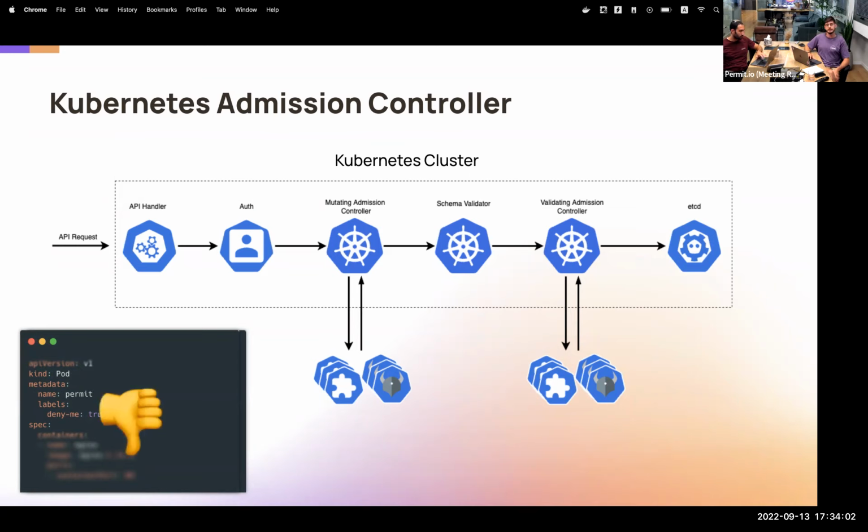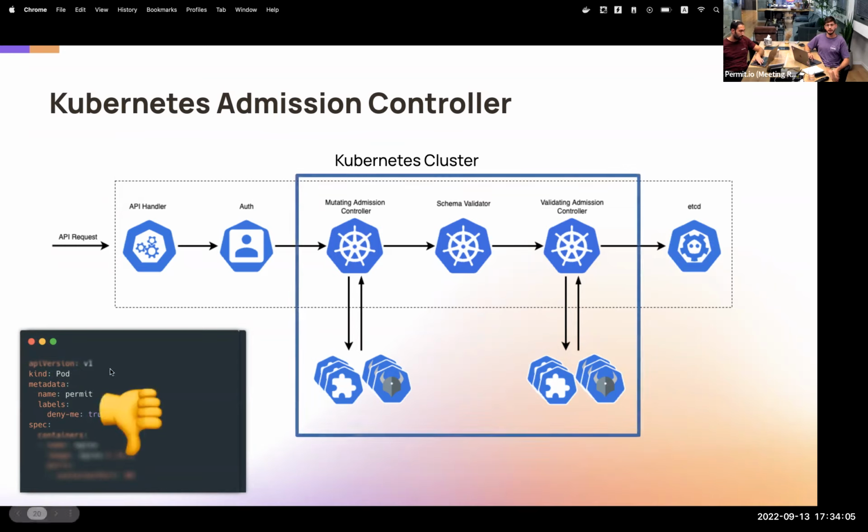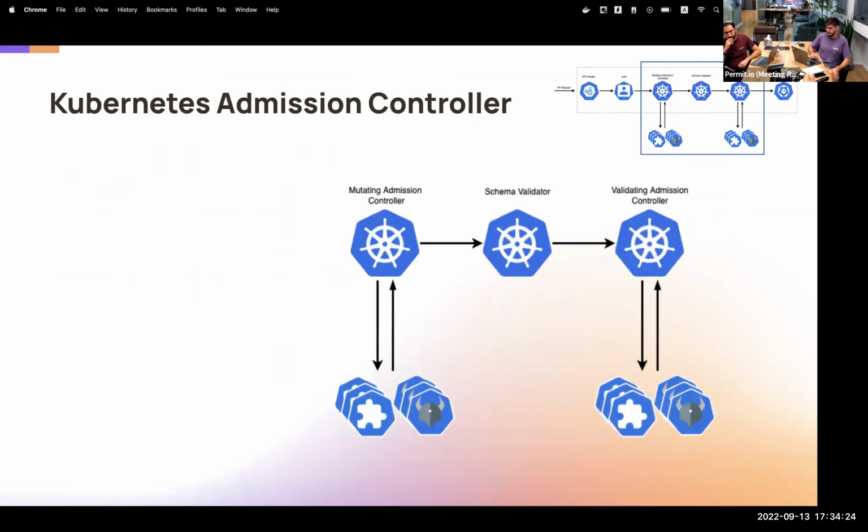In order to do this, we have many options, and we need to choose whether to use a mutating webhook or a validating webhook, and we can also choose both. We can actually use both, and I will show how in a minute. And the way that we can do it is using the project we'll call Gatekeeper. So let's dive into